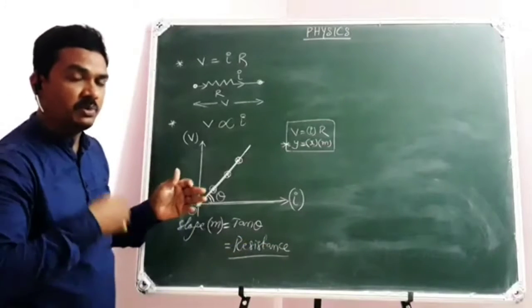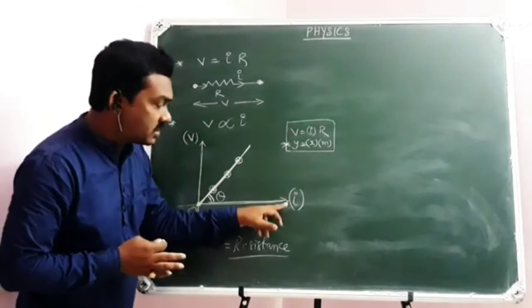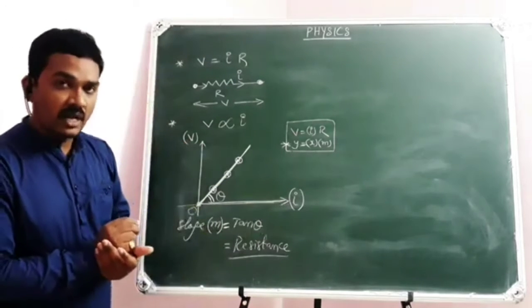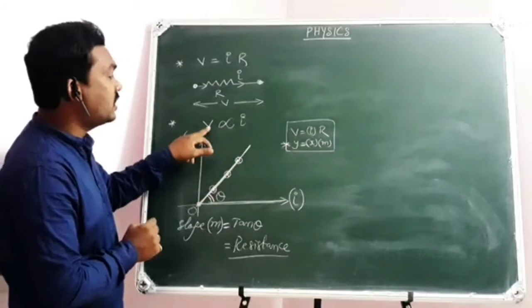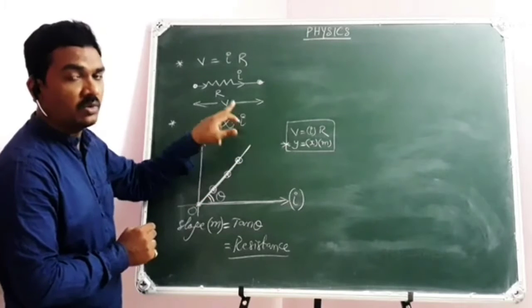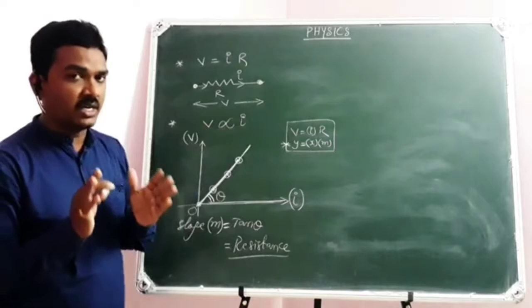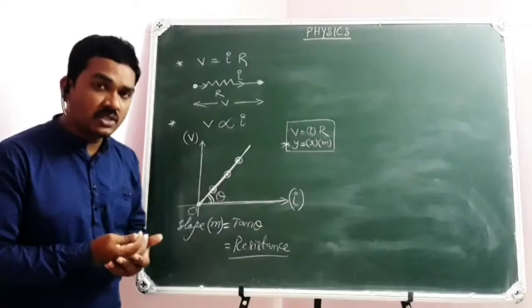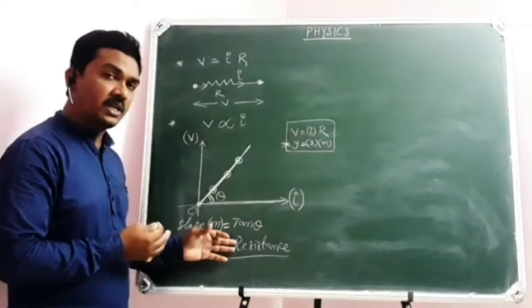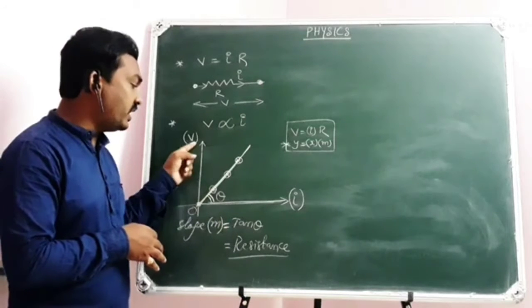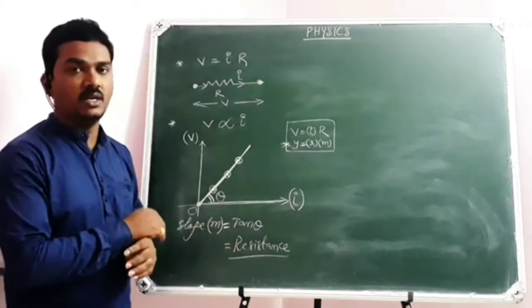So this is a little more mathematics, which might be beyond your textbook. If you have taken a potential difference versus electric current graph, then the graph will be a straight line passing through the origin, since potential difference varies directly proportional to electric current. What you need to understand, of course, is that this holds good at a constant temperature. Don't forget that, at a constant temperature. If the temperature increases, yes, we'll discuss later. So this is how the resistance of a conductor can be taken: the slope of the VI graph will give the resistance of the conductor.